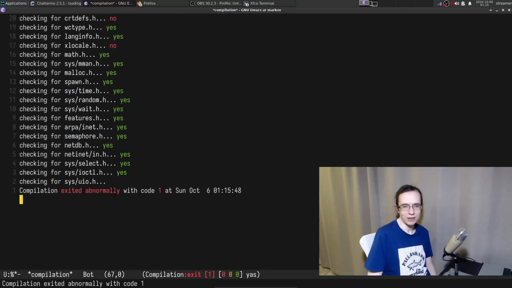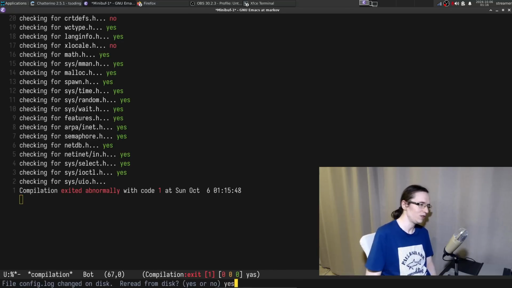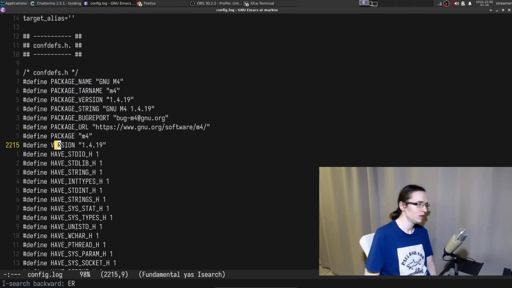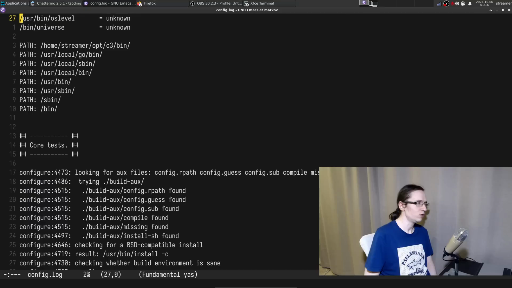I have already pre-compiled. You use LDFLAGS wrong. Thank you, Sherlock. Very cool. It doesn't even tell me what's wrong. That's the problem, actually. I don't see errors in the log. There are no errors whatsoever.